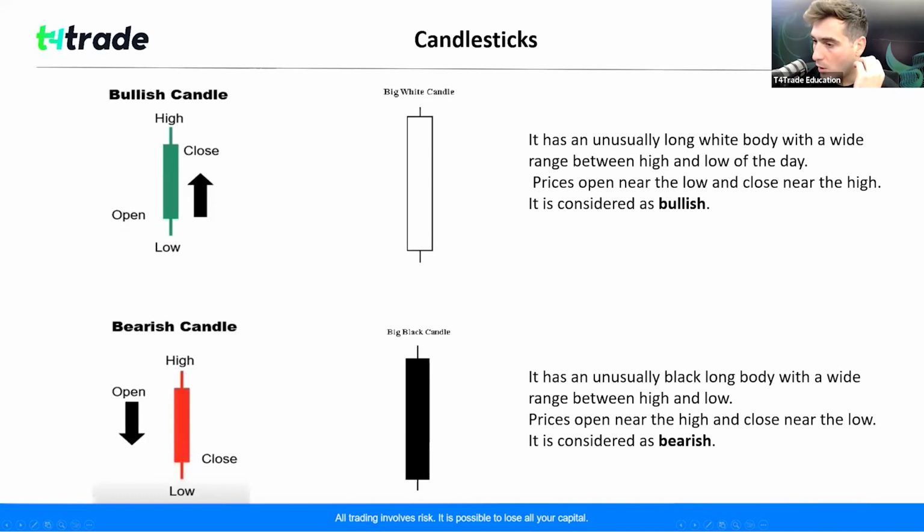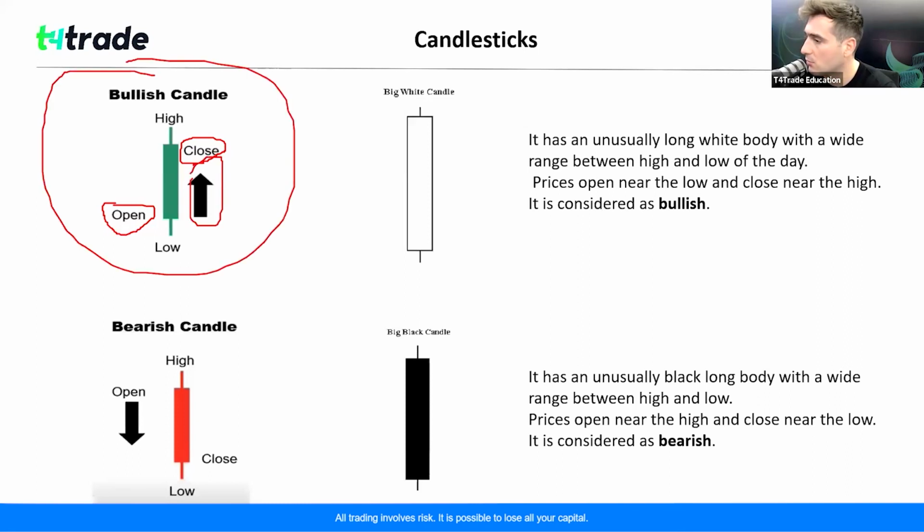So in order to have a bullish candle, represented in green in this kind of case, the close price is always higher than the open price. Irrespective of the color of the candle, if the open price is lower than the close price, or the close price is higher than the open price, this is a bullish candle. In a sense, what we call a bullish candle or a big white candle, which was used back in the day,